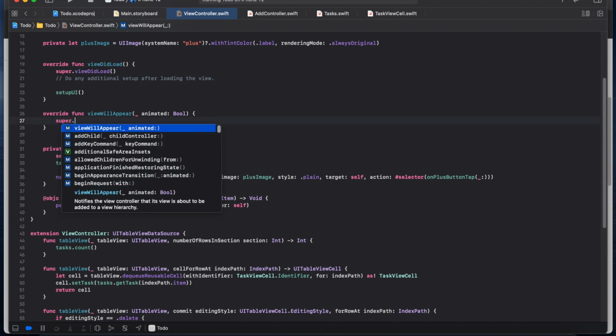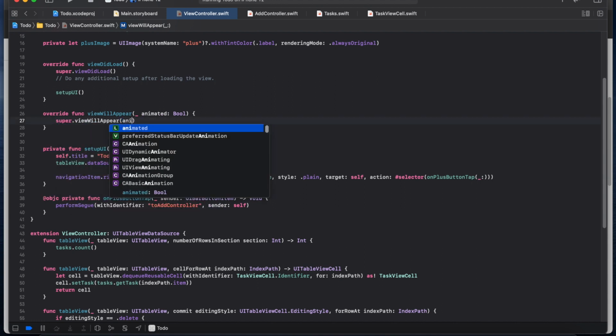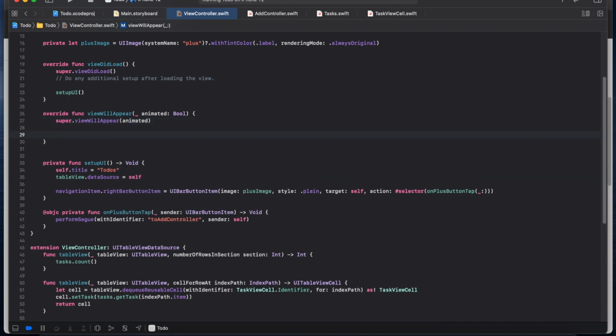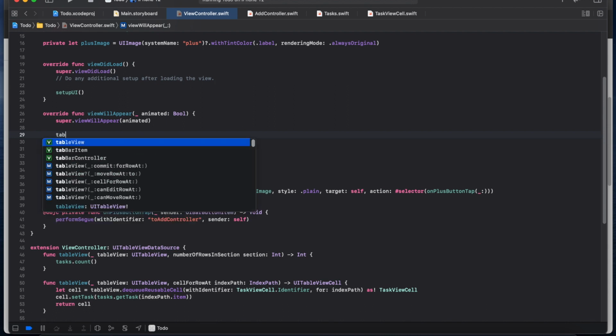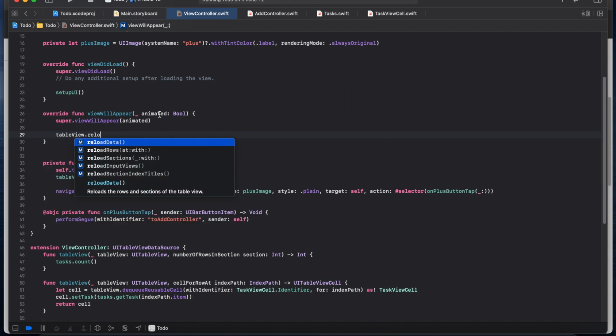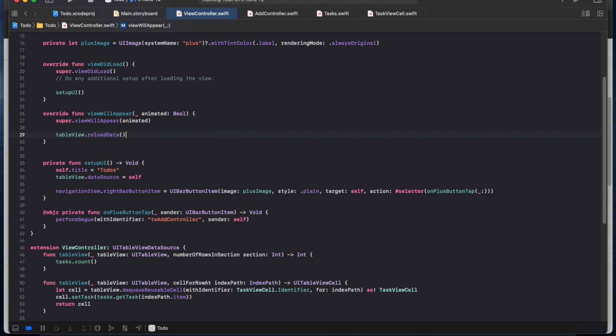I call the parent one, super.viewWillAppear with animated, and then here, in theory, I could call tableView.reloadData, but each time we navigate there, it will reload the data for no reason. And I think it's not necessary to reload the data all the time. It maybe doesn't matter for a to-do list, which I don't imagine having thousands of entries. But for good practice, because there could be things that have thousands of entries,